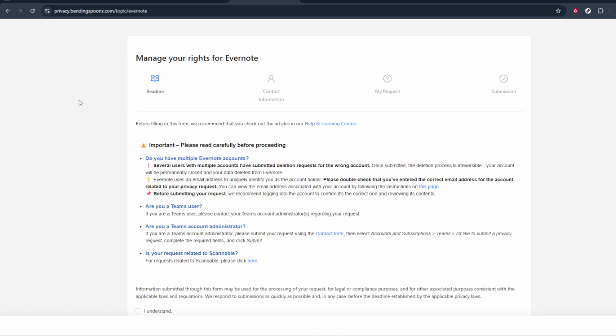At this point, Evernote may ask you to confirm your decision, and in some cases, you might be prompted to re-enter your password or confirm via email. Follow the on-screen instructions, read any warnings carefully, and then confirm